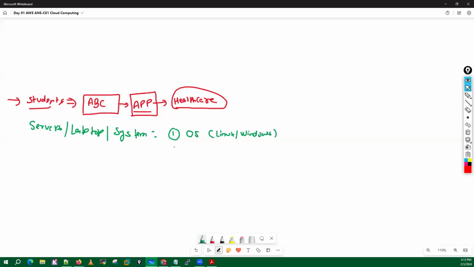The second most important component is the CPU, right? Without a CPU, we cannot do anything. The third component available in your server or system is the RAM. The fourth component is the hard drive or the SSD, right? And the fifth component available in this device is your network card. These are the main components available in your laptop. Apart from these components,